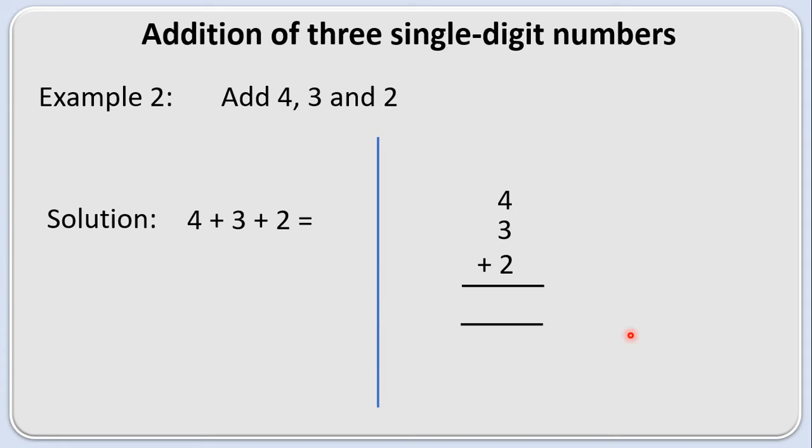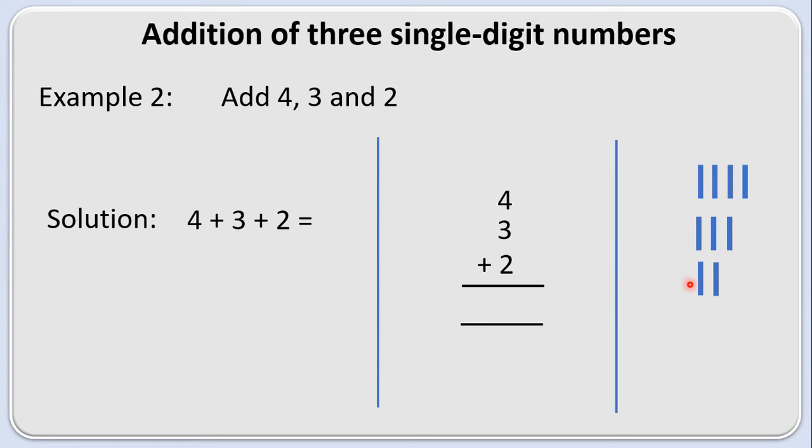and I will put 2 horizontal lines to write the answer in between these 2 lines here. So again let us draw the vertical lines to count 1, 2, 3, 4. The second number is 3. I will draw 3 vertical lines now. 1, 2, 3, and then 2, here we have the number 2, so I will draw 2 vertical lines, 1, 2.